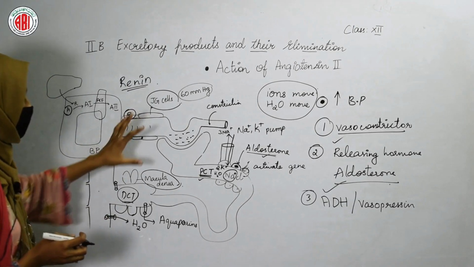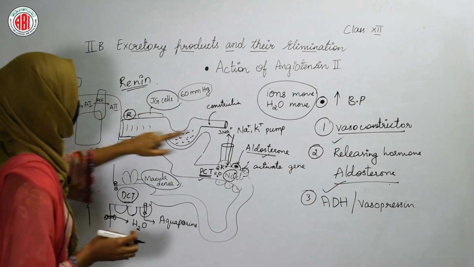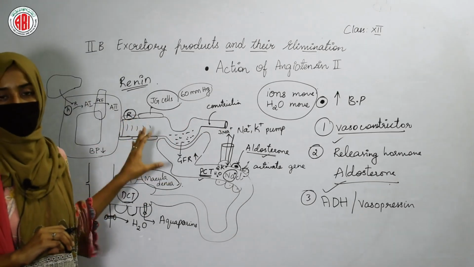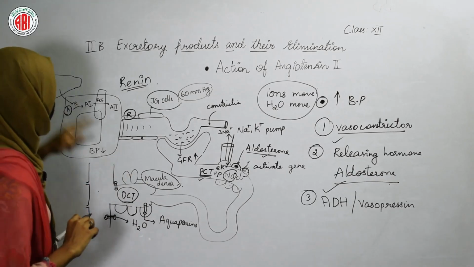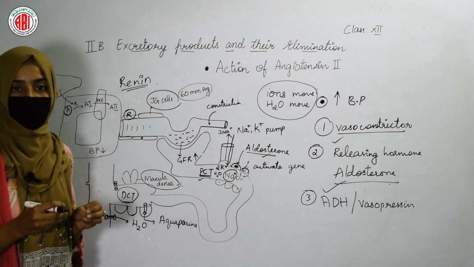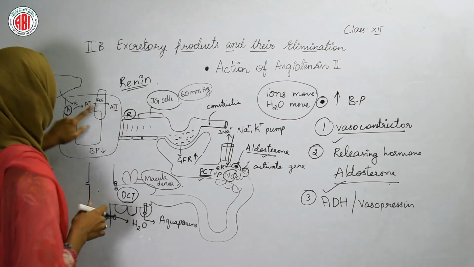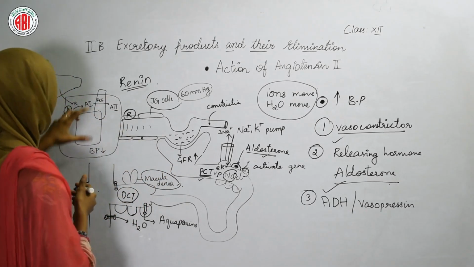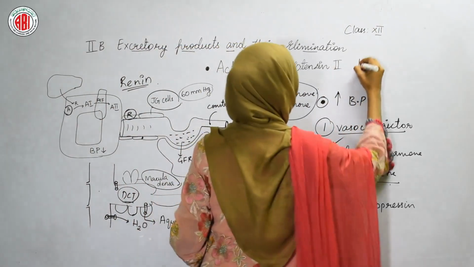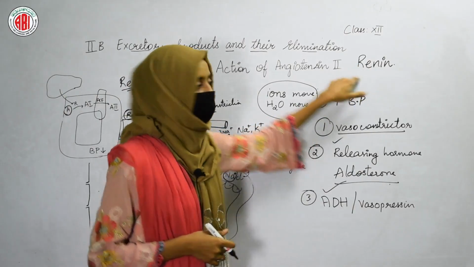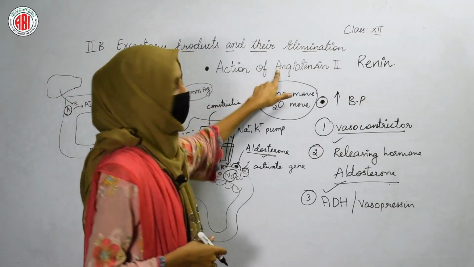In this way, all these hormones which are released by the action of angiotensin II help in increasing the glomerular filtration rate, and ultimately the blood pressure will also be high due to the action of these hormones. So let us recall which hormones are required to increase the glomerular filtration rate. Firstly, when the BP is low, one hormone is released by the juxtaglomerular cell, and that hormone is renin. Renin acts on the substance angiotensinogen, and breaks it into angiotensin II.